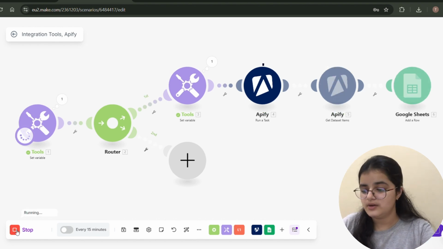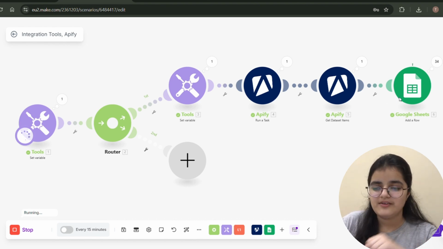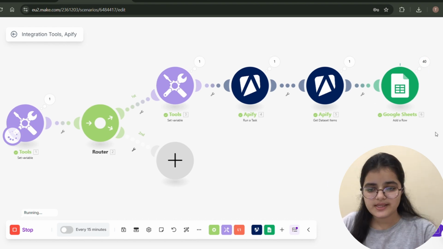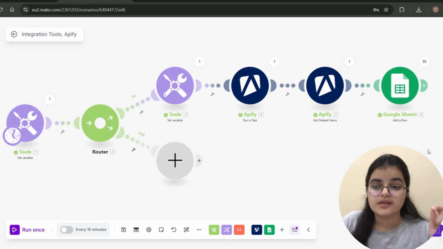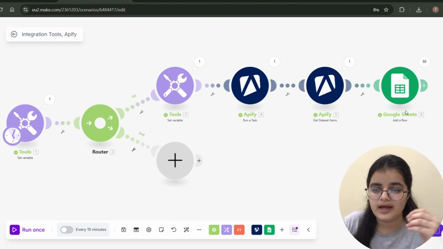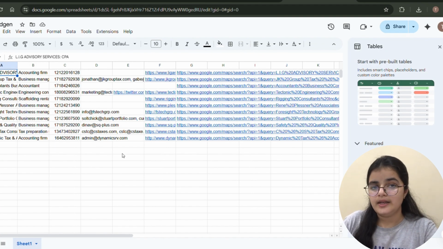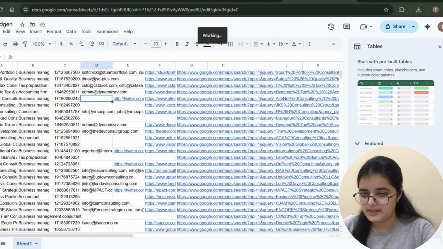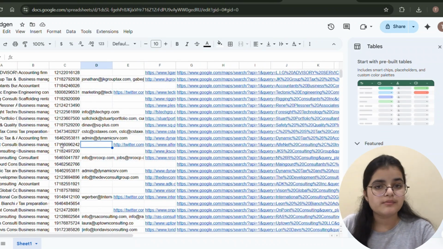Okay, so I'm going to click on run once again and run once. And now let's see if we get the results. Now, as you can see, it's adding the results in our Google Sheet. You can see the number 38, 39, 40, and so on. This is the indication that the workflow is successfully executing itself. And let's wait. Now, it's done, and we've got 50 leads in our Google Sheet. So let's open it. We have 50 leads in our Google Sheet with their phone number, their titles, their website,